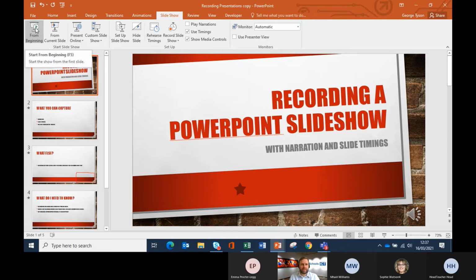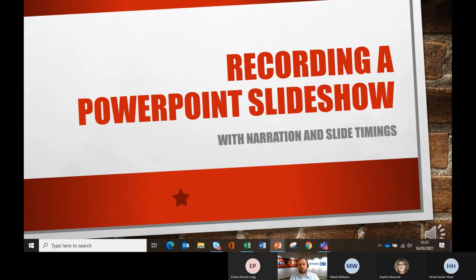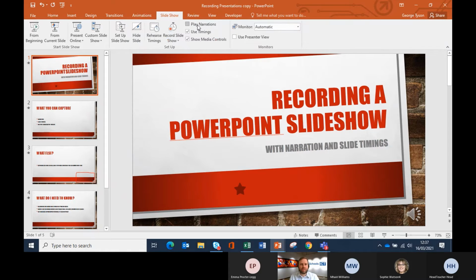If I play it without narrations, then the slideshow presentation will not have the audio present. So I press on from beginning. Even though the audio is there as a button, you cannot hear the audio files because narrations are turned off. If I click on use timings, it defaults as use timings. If I click off use timings, then the slides will not change. So in this situation, if I click on from beginning,